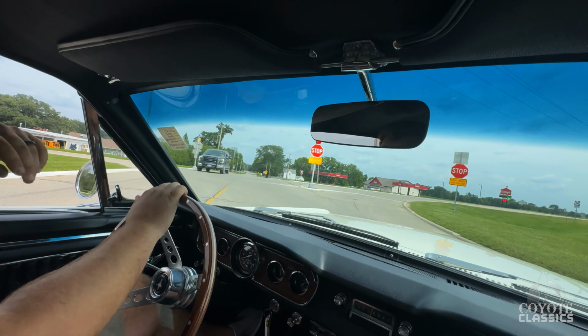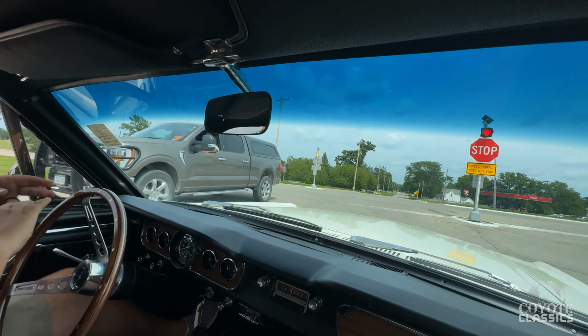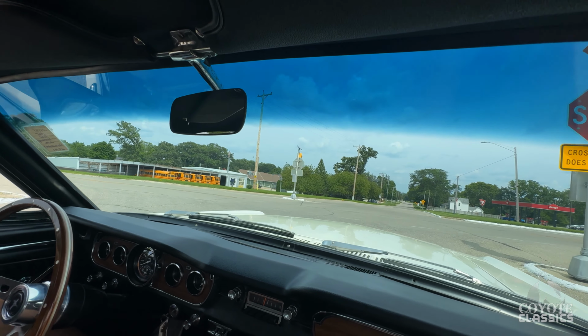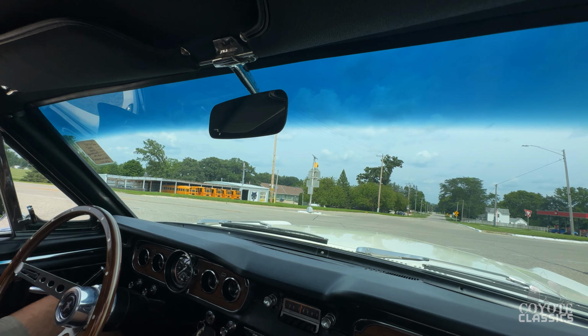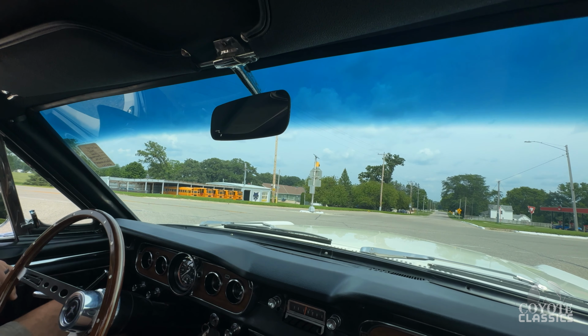I think we're really pricing this one to sell too. You definitely couldn't restore the car for what we're pricing it at. There's just a lot of car for the money. Yeah, I don't think they really skimped on anything. I can't see anything that they...